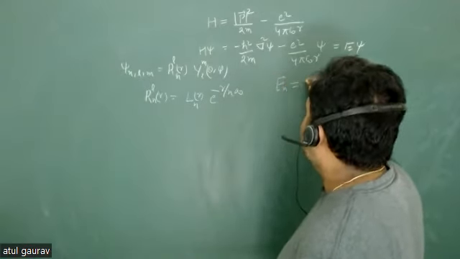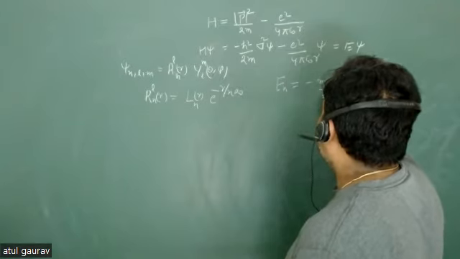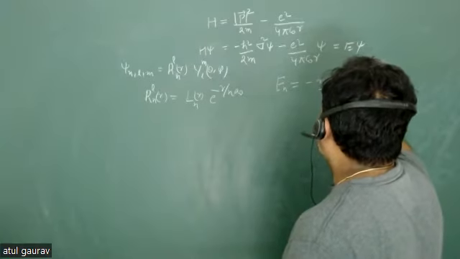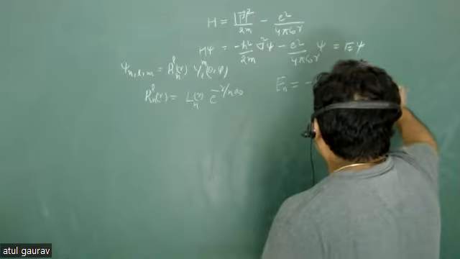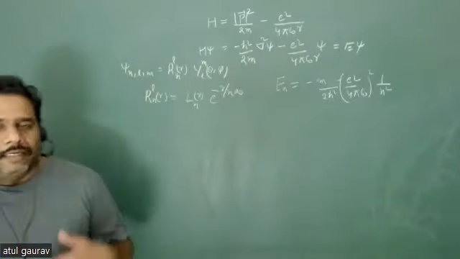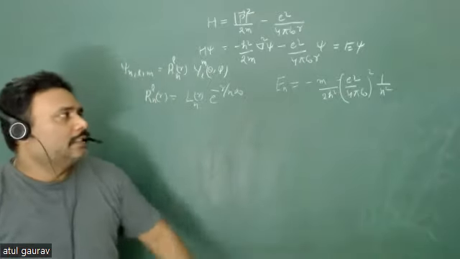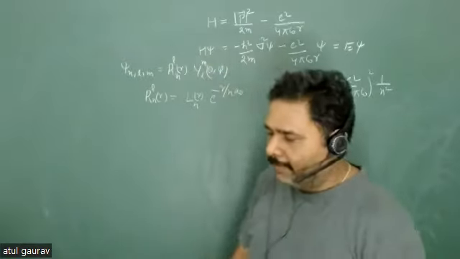The energy eigenvalue is equal to minus m upon 2ħ² times (e²/4πε₀)² times 1 upon n². तो ये हम लोगों ने सॉल्व कर लिया था, और इन जनरल स्पेक्ट्रम ऑफ हाइड्रोजन एटम को यहां से एक्सप्लेन किया जा सकता था, दैट एनर्जी इज ओनली फंक्शन ऑफ n,